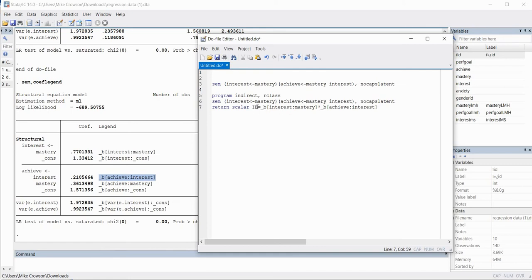So now you can see it says IE is equal to underscore B, and inside the brackets we have interest colon mastery. Then at the end of the bracket I have the asterisk right here, then underscore B, and inside the brackets I've got achieve colon interest right here, and then the closing bracket. Then I'll type in end to end this program, and next we will type in bootstrap,